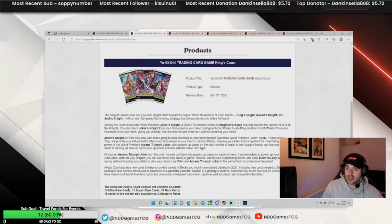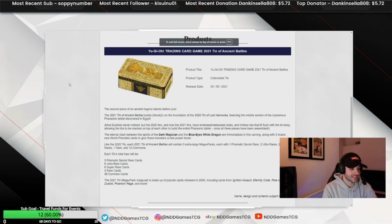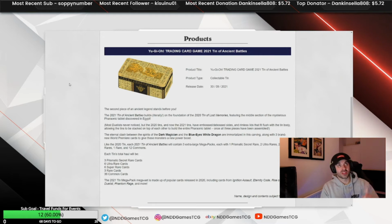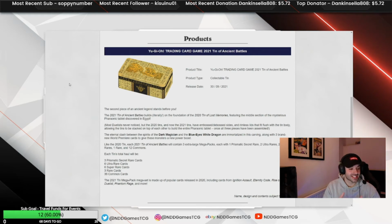And then set number 4. Every year Megatons are just insane, everyone knows that. But in my opinion, nothing will beat the 2019 Megatons. 2019 Megatons were cracked. Nibiru, Dark Ruler, Dimension Shifter, those 3 cards being implemented into the game changed the whole game. One tin, a Megaton, could change the whole game. Did this set have that effect? I think